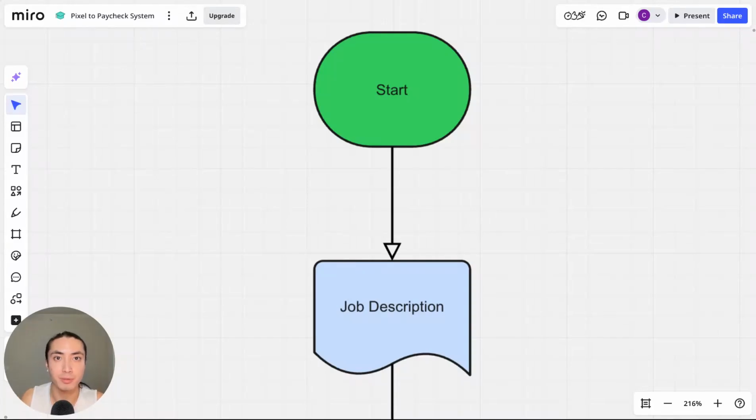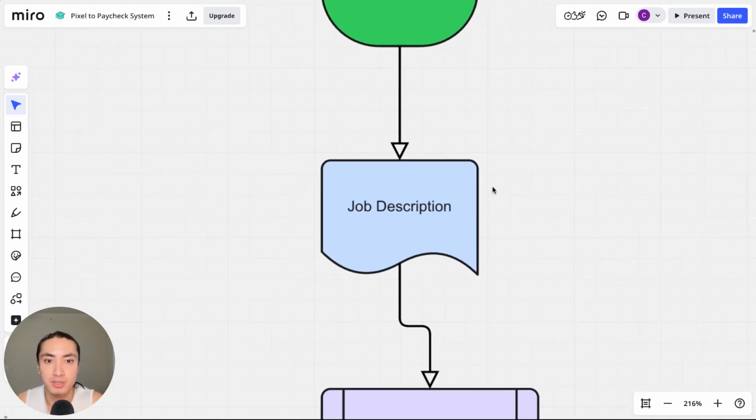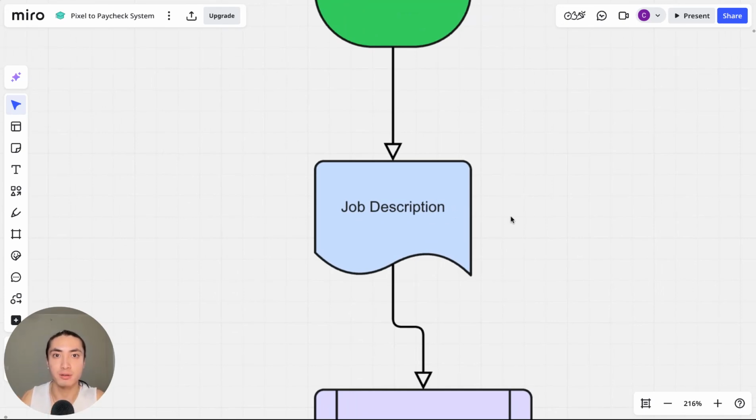Hey, in this video, I'm going to be showing you the funnel steps it takes to get hired from step one all the way to the last step when you land your remote marketing job. So, starting off, you see the job description. And for my strategy, we're going to be using LinkedIn. There's definitely other websites that you can use to find marketing jobs, but LinkedIn right now is definitely the top,